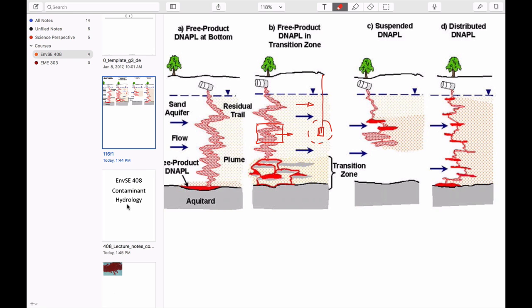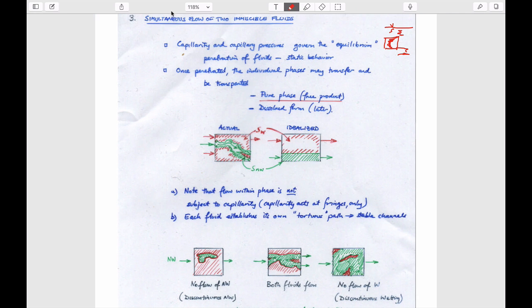architectures, characteristics. One way to think about this is to look at the real architecture, which is shown here, with a wetting fluid which is red and a non-wetting fluid which is green. And this might be what it really looks like. We know that initially in getting into this architecture in the subsurface, it's capillary pressures that are controlling exactly what it looks like and the distribution of it. But the important thing to realize is that once it's entered into that final configuration, then you could imagine that if you apply a pressure gradient